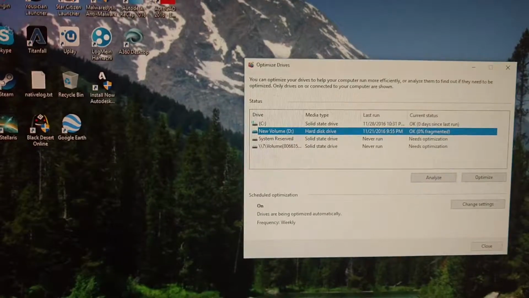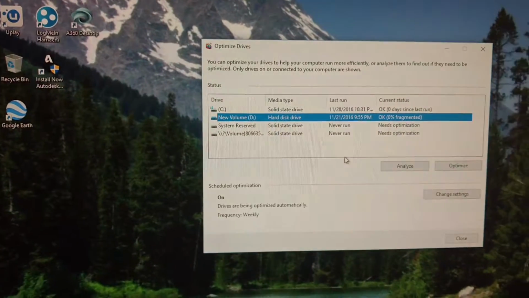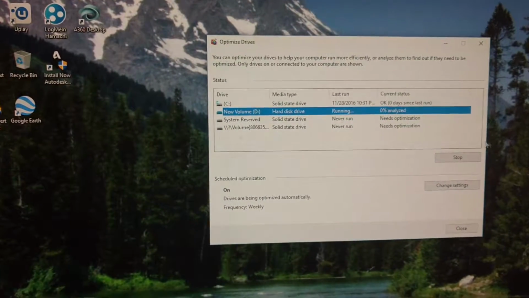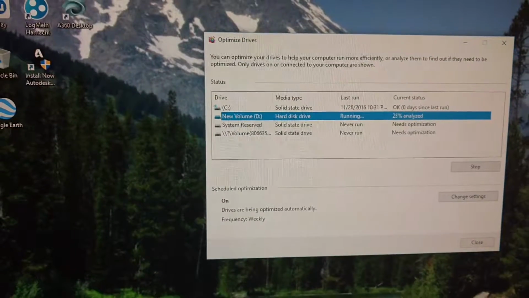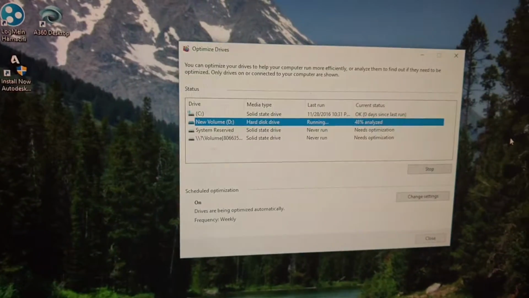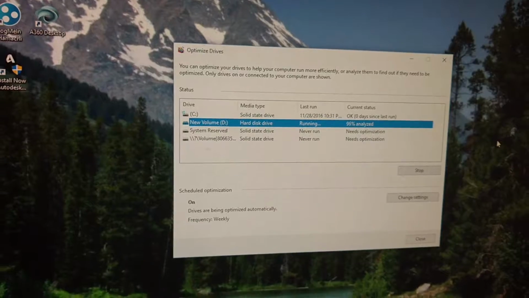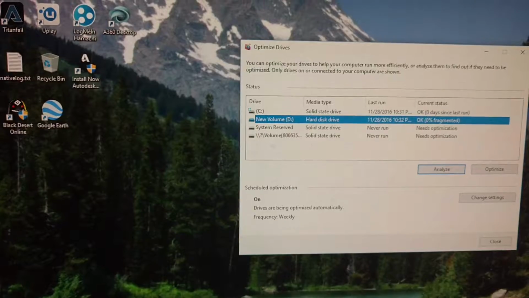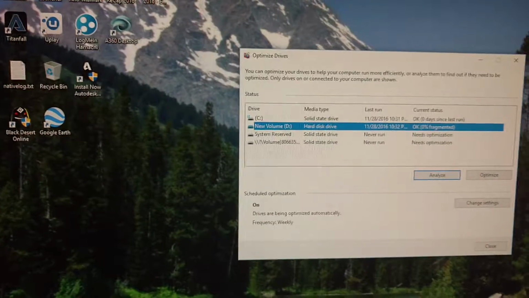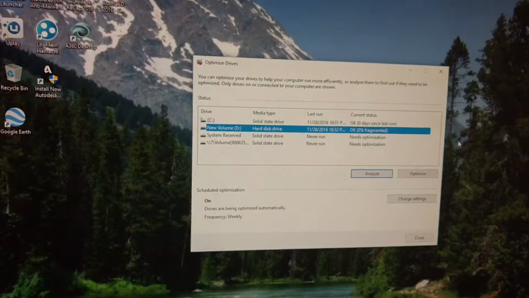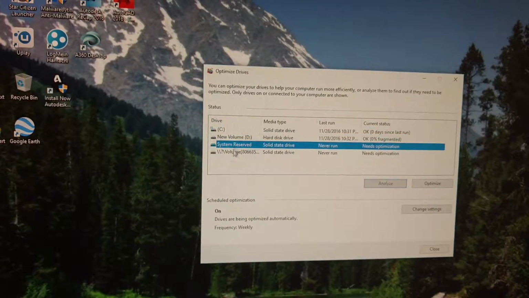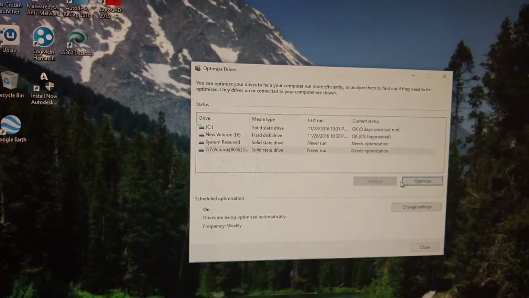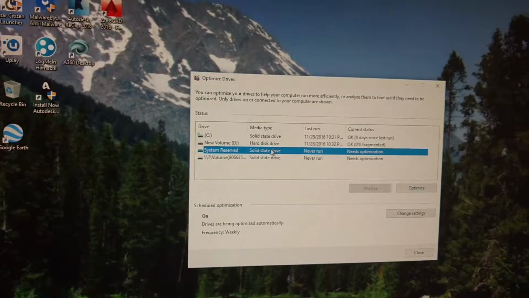Once you select a drive that you would like to optimize or defrag, you just click on that, and then you can click Analyze, and it will go through and analyze for any fragmentation, and then it'll take care of that. And it will also log the last time you optimized or defragged your computer. If you have multiple drives, you can just go down the list and click on each one as it needs it. Like this one says it needs optimization, so you can just click optimize and it will run that. However,